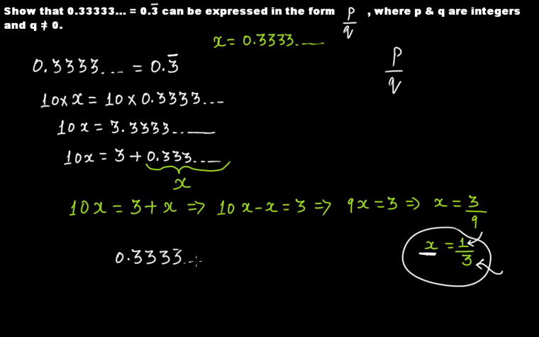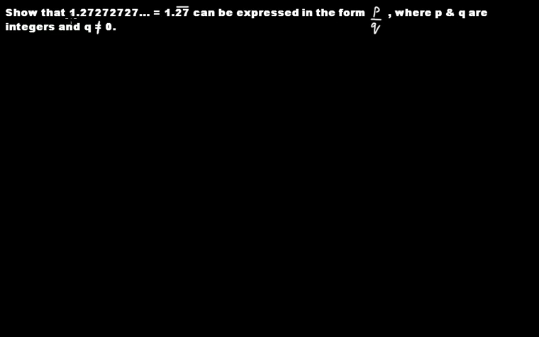0.3333 is equal to 1 by 3. That is p by q form. Can you see that? Simple. So this is a rational number. Show that